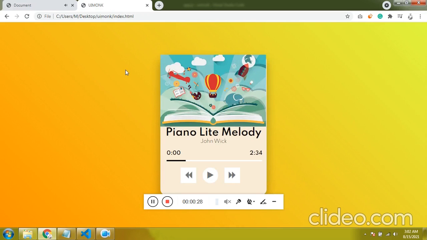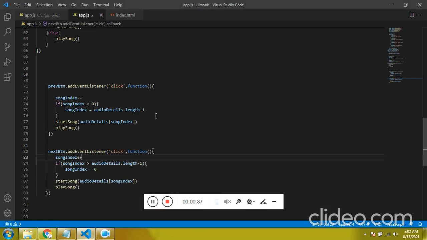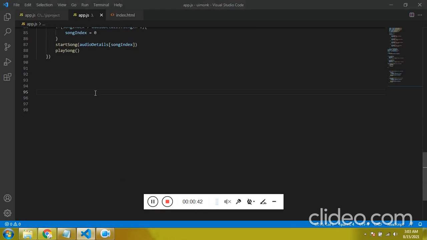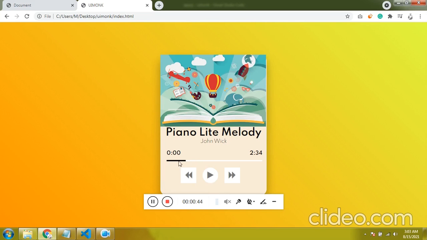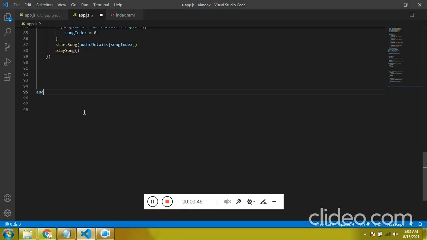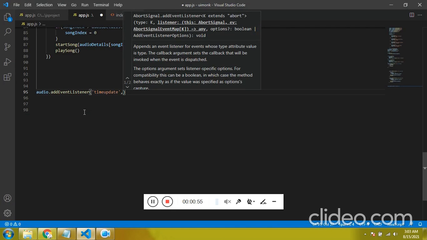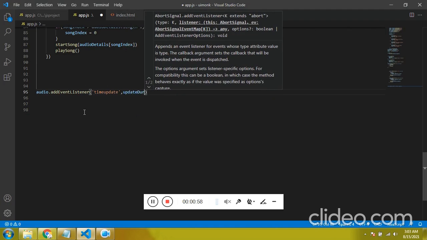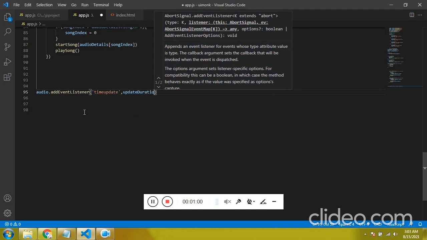So here you have to understand one event, as like click, as like hover. Over here we are going to see something called time update. So here, get the audio dot add event listener, and it is time update, and I want to do update duration.